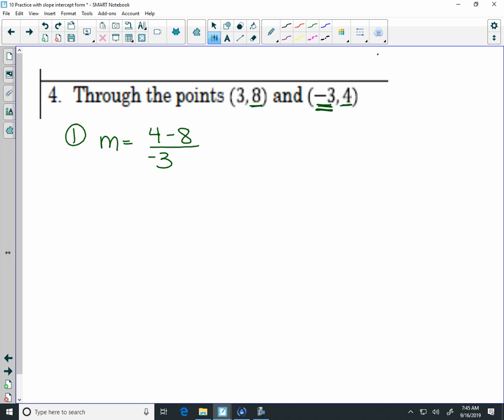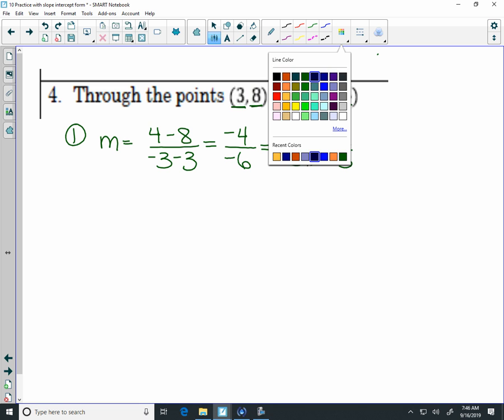-3 minus 3. You have to be careful there. We're not going to get a 0 in the denominator. 4 minus 8 is -4. -3 minus 3 is -6. I'm going to clean that up. You can use the fraction 4/6, or you can divide both those by 2 in order to reduce your fraction and get 2/3. That's where that old calculator that you used in middle school could be really helpful for you. You can